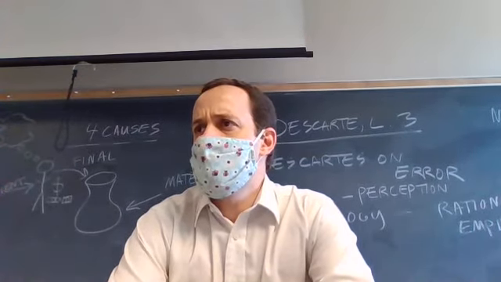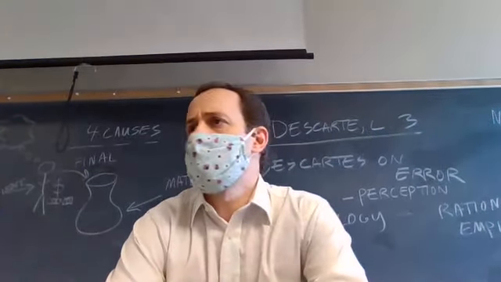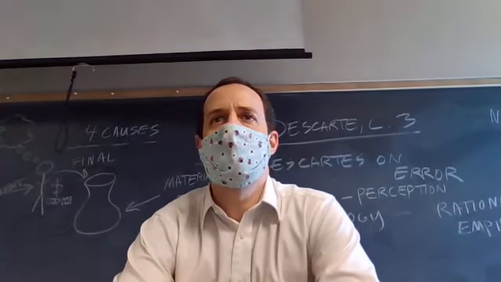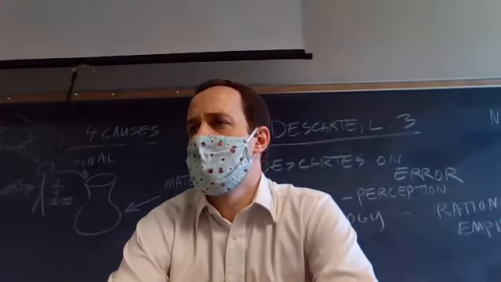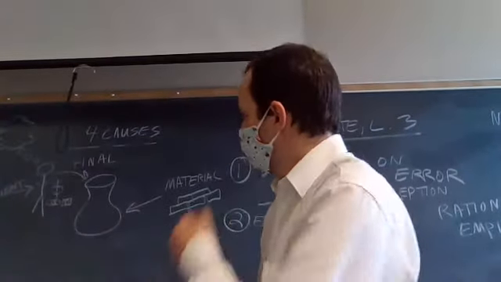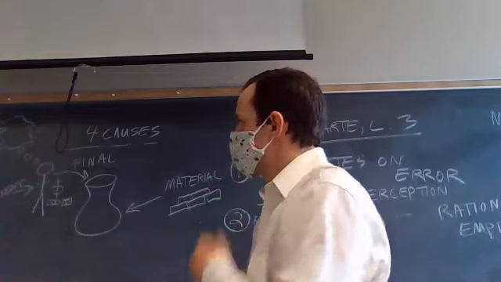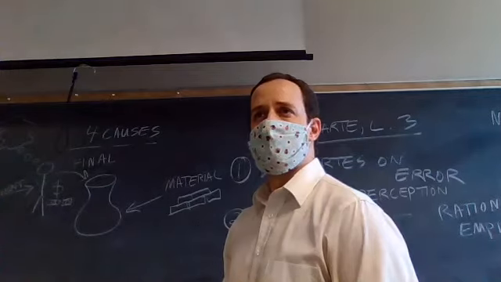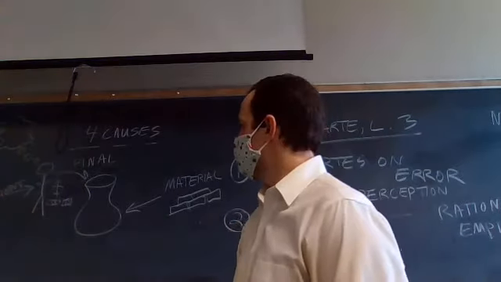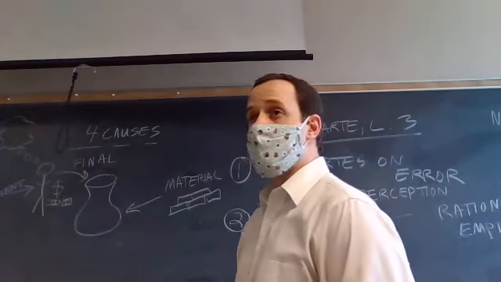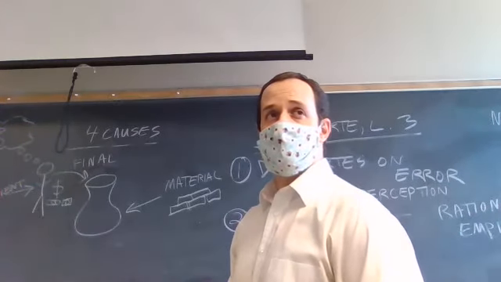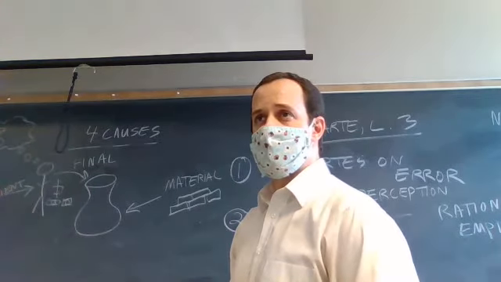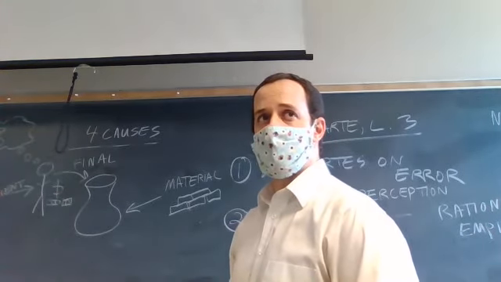Descartes, in Meditations 5 and 6, and I'm not going to have enough time to get into this point to any great extent today, but I do want to just reference it real briefly. Descartes, in Meditations 5 and 6, makes a fundamental break with two of these causes. Okay, this is really important. It's really important because basically the whole of the scientific revolution descends from this fundamental break with two of the great Aristotelian causes as explanations of the world.